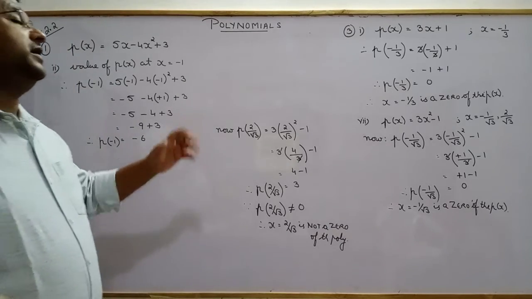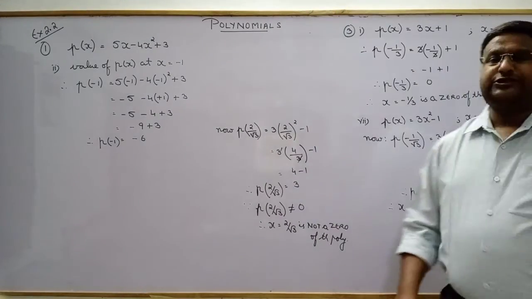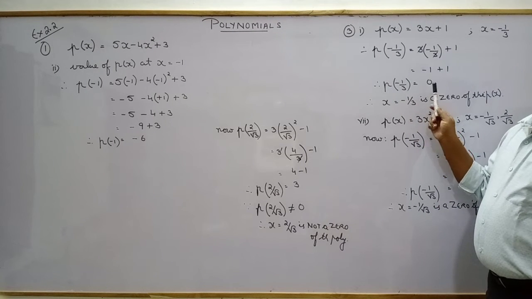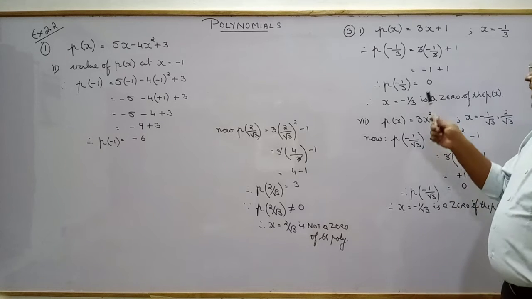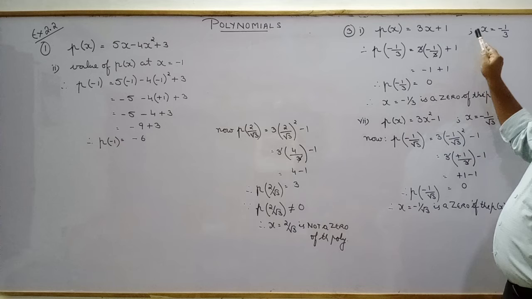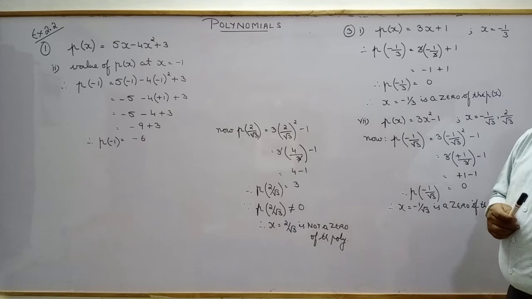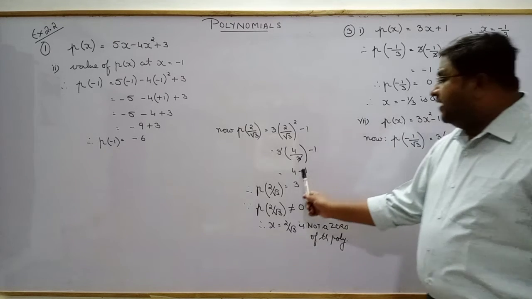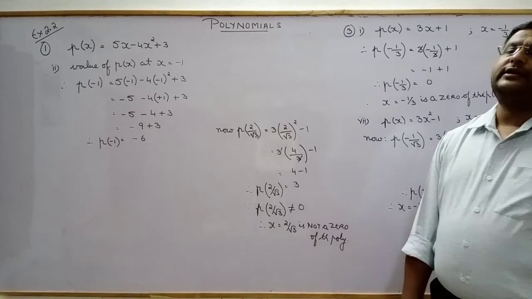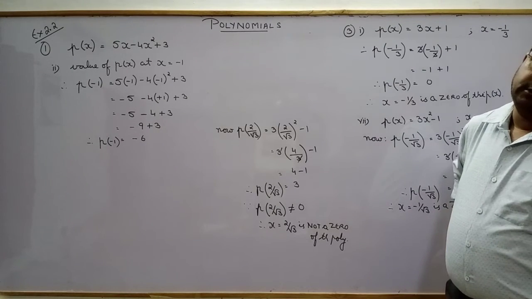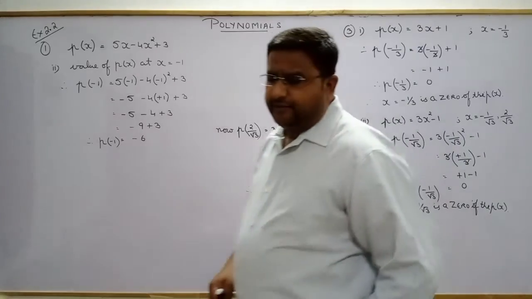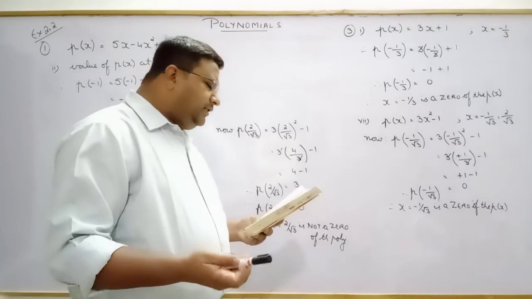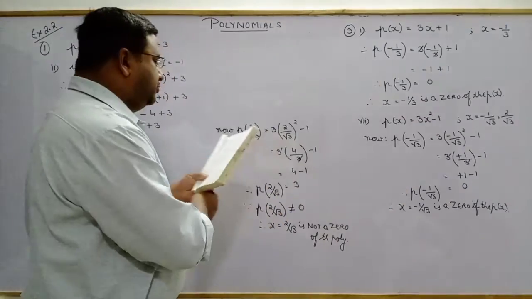Clear? So this is what you mean by the zero of the polynomial. When we substitute the value of x in the polynomial, this value is called the remainder, we will come to that. If this remainder is 0, we say the value is a zero of the polynomial. If the remainder is not 0, we say it is not a zero of the polynomial. Clear, students? There is one more part in which you might get confused. Sir, what about Lx plus m? That is a variable. Nothing to worry, it is the same. Lx plus m. Substitute.